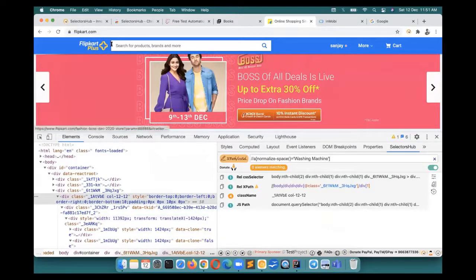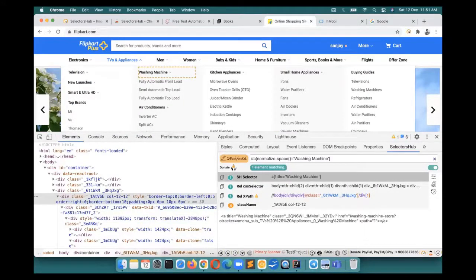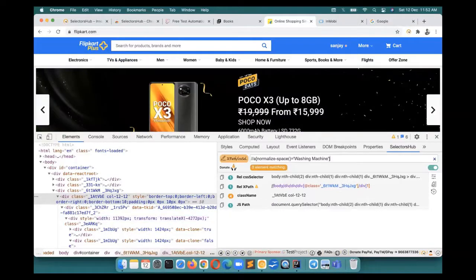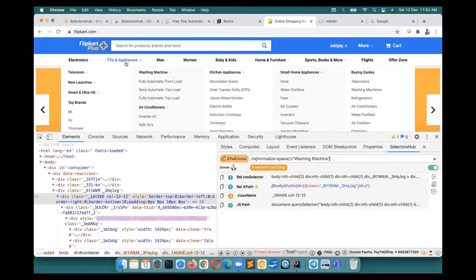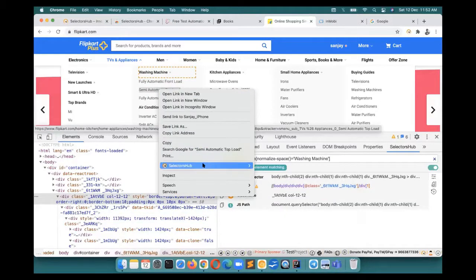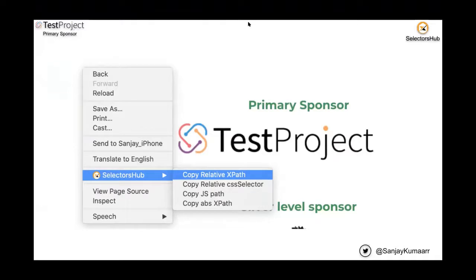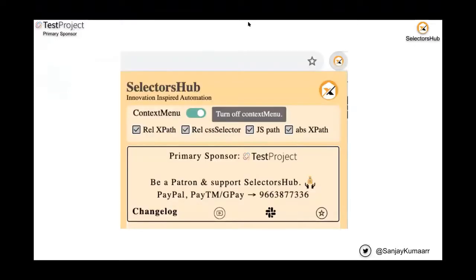Why? Because that element has disappeared from the DOM, but when you hover on it, it appears, right? Now if you press enter, it will show you one matching node, but if you remove the hover, it will show zero matching nodes. So this is the same as what you do in Selenium: first you hover on that element, then you click on that element. Same here, when that element appears in the DOM, then you will be able to do that. So this right click functionality helps you a lot and saves a lot of time. These are some of the reasons that developers and automation engineers call Selectors Hub a lifesaver innovation.